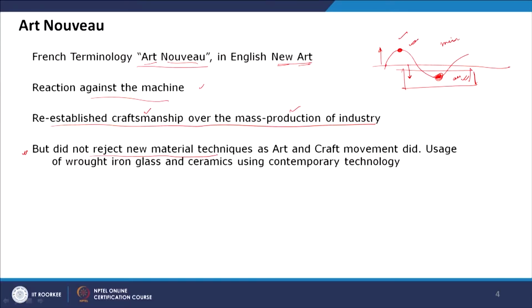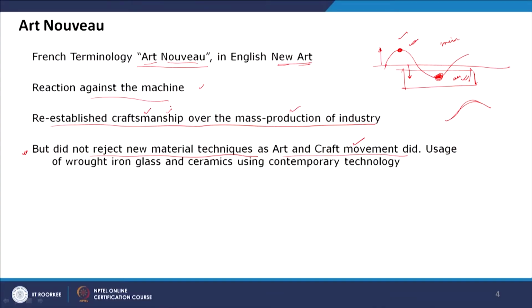But the philosophical difference between the Arts and Crafts movement and Art Nouveau was that they did not reject the new materials and techniques. They used new materials and techniques to create biomorphic and curvilinear patterns. They used new techniques which emerged from new technological advancement of science, and used them to their benefit to express their own creative thought process, which the Arts and Crafts movement did not